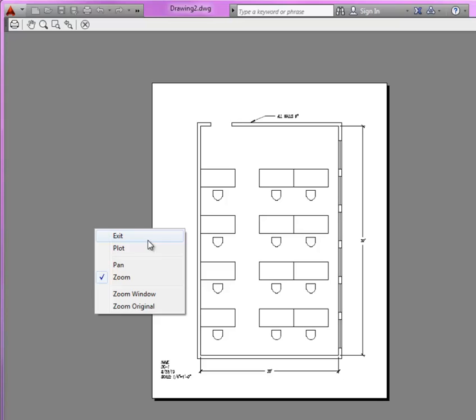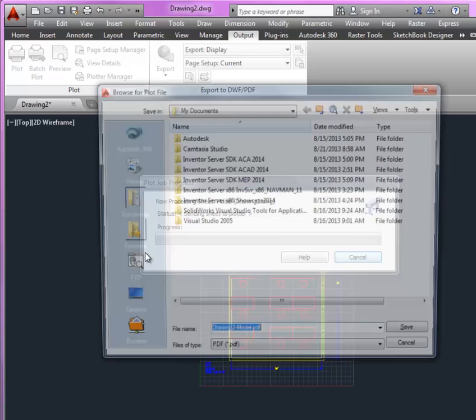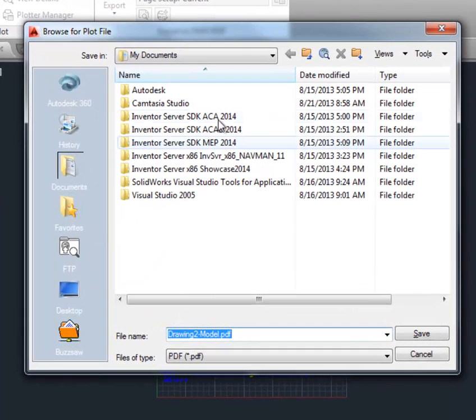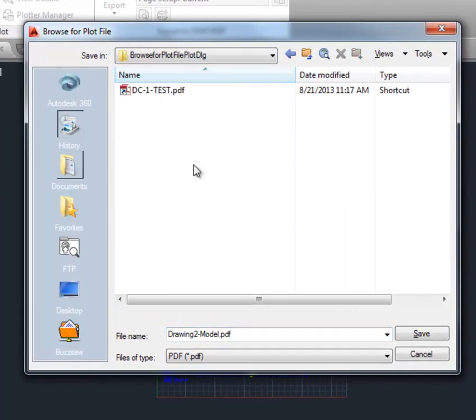Now, once you've created the page setup, you've previewed it, you've saved it, you can see I went for a second time to preview it, right? Just to double check. Now you can just go plot. And when you go plot, what you're doing is you're creating a PDF file. So this is where I would tell you, make sure you go to your